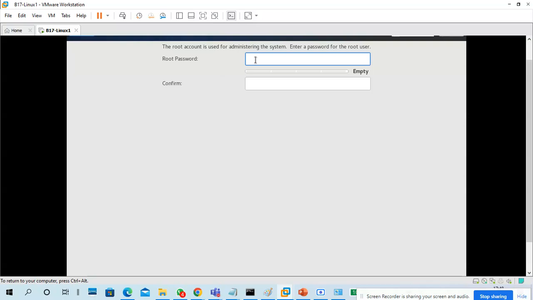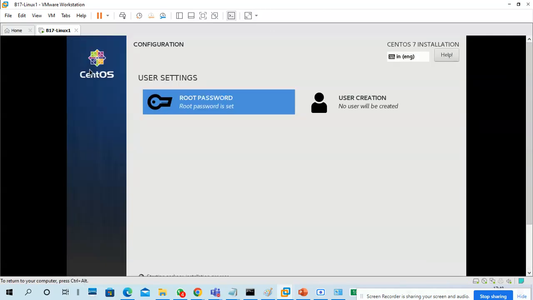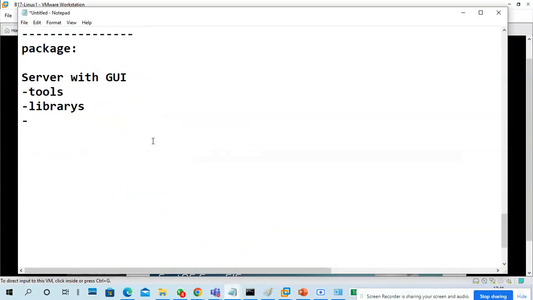Click on the root password and put the password, always admin at the rate 123. Okay, if you give a different password and you forget that password, currently I can't do anything. We can change the password, but it is very difficult, that too in 7. So this is the root password. Set the root password after beginning installation. What is the root password? I gave admin at the rate 123.